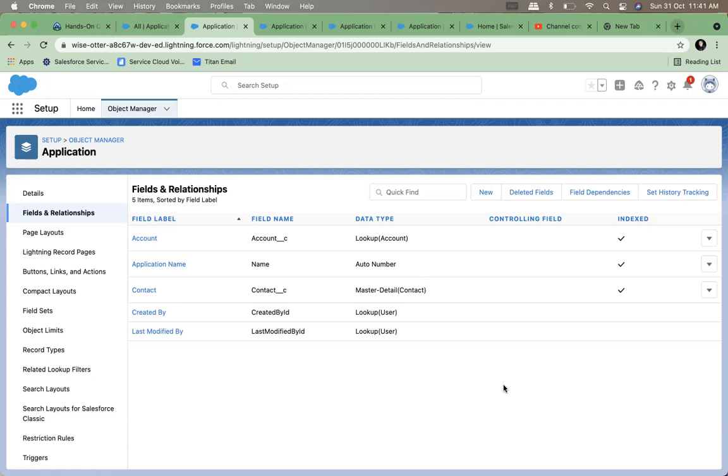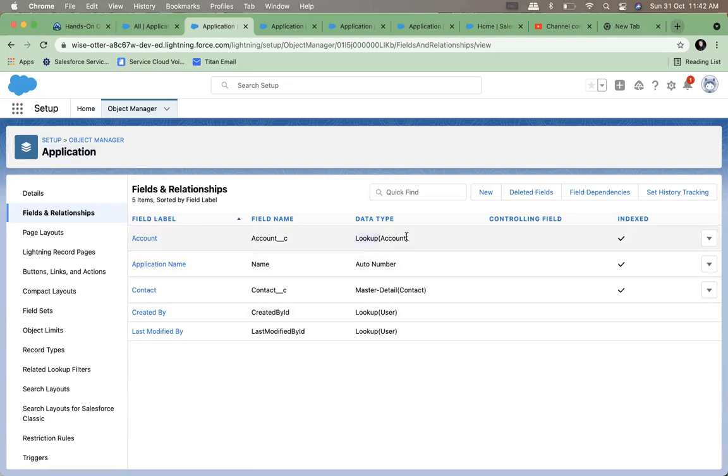Do you remember where mapping objects were required? Product and opportunity table. Opportunity table, absolutely. Product and opportunity was a many-to-many relationship. We needed a child object, which is a child of both the objects, and then that became a many-to-many relationship. So now account and contact have become a many-to-many relationship through this application child object. So this has now become a mapping object.